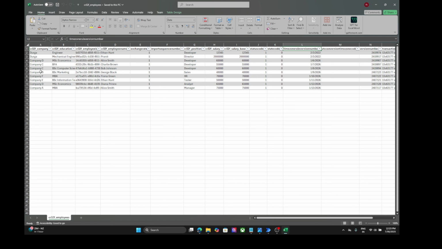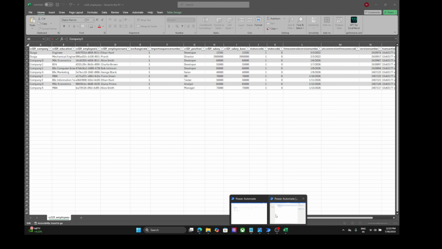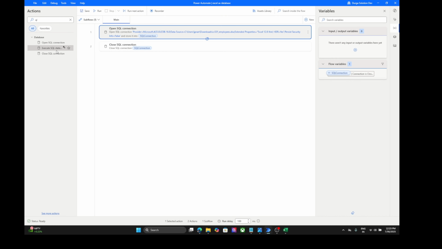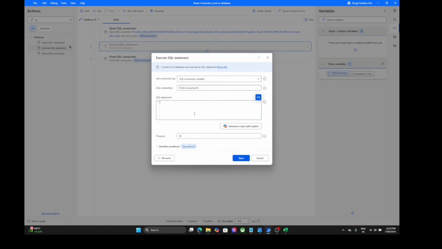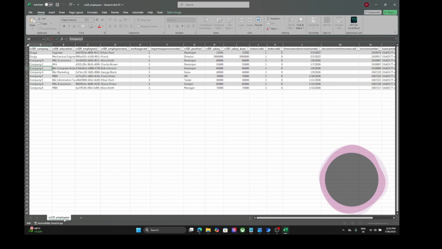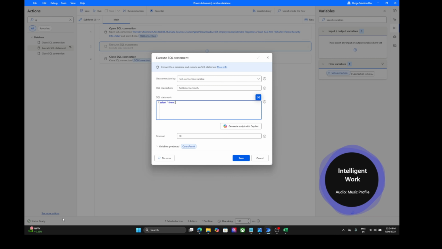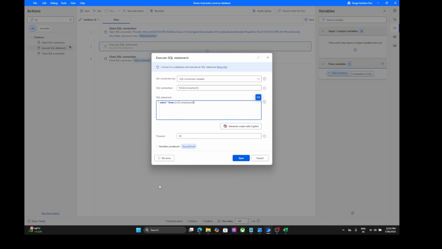We will add a condition for retrieving the details that the company name should be this. So we will come back in here and execute a statement: select star from, and in here I will add a sheet name. The worksheet name is this one, and after that a dollar sign, and again I will add the condition where